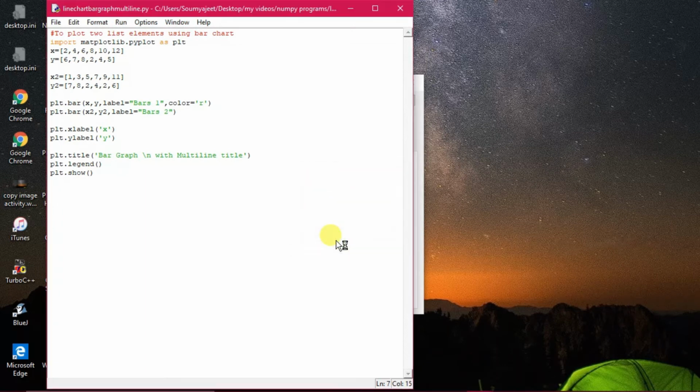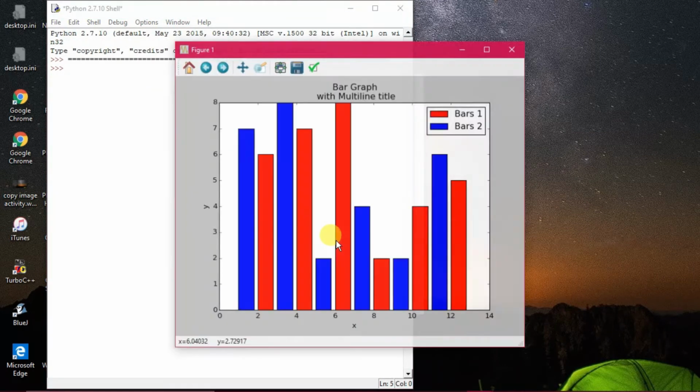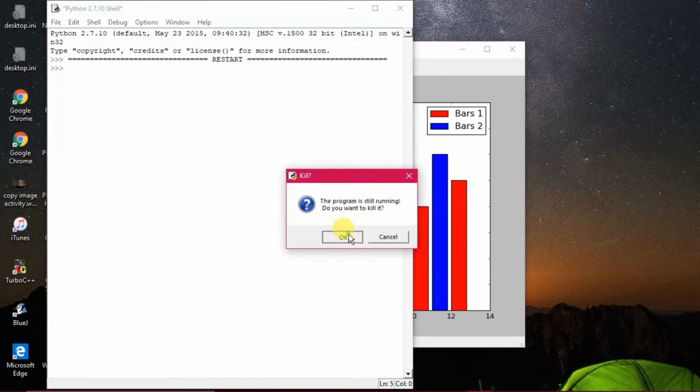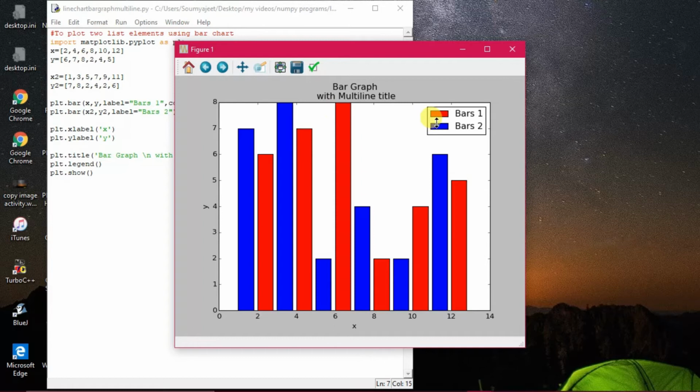In this way, whenever the values are given, you have to plot the charts. You can tally with this bar 1 chart. You can see the bar 1 chart has been drawn first. 2,6 is here, 2,6 is here, and 4,7 is here. For the bar 1, 6,8 is there, and 8,2 is there. Here it is 8, here it is 2. In this way you can tally what values have been taken in the list, whether they are coming or not. These are also known as data series.